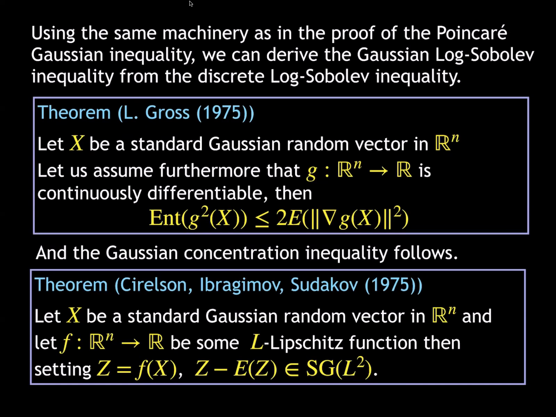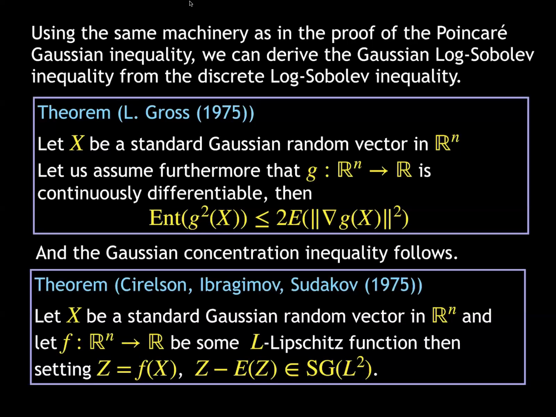The funny thing is that at the time Leonard Gross proved his log-Sobolev inequality here, he did not see the path to derive the concentration inequality from the log-Sobolev inequality. This has been discovered afterwards. But the result itself, the Gaussian concentration inequality stated here, has been proved by those guys here,